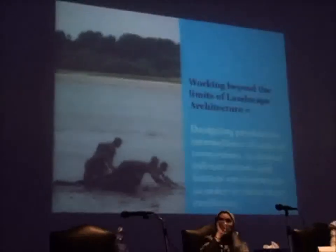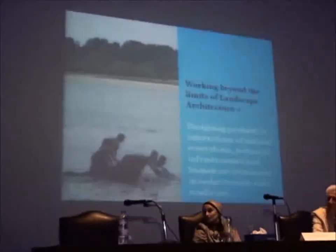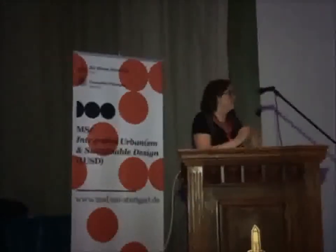And to finish, when I saw your work packages, I was a bit disappointed, being a landscape architect, that landscape architecture is like these 2 points, and then there's another point which is ecosystems and infrastructure. Because for me, as a landscape architect, this integration is really what I am working with, and I would feel really limited only working in the landscape package, understanding it as not being integrated with these infrastructure systems,